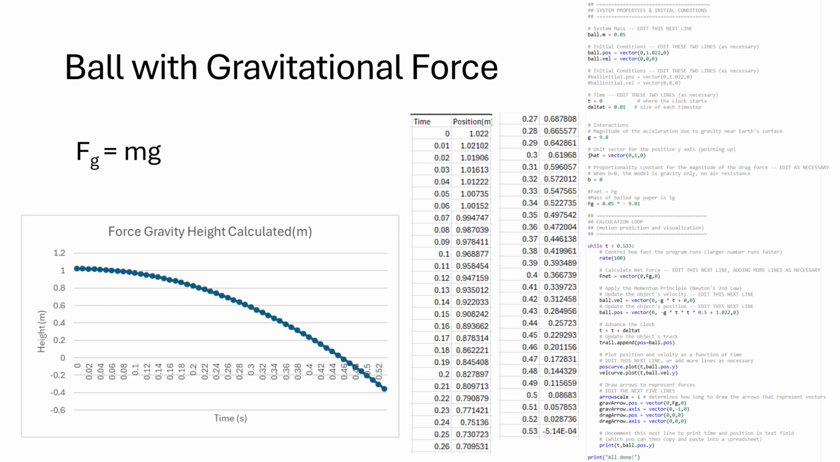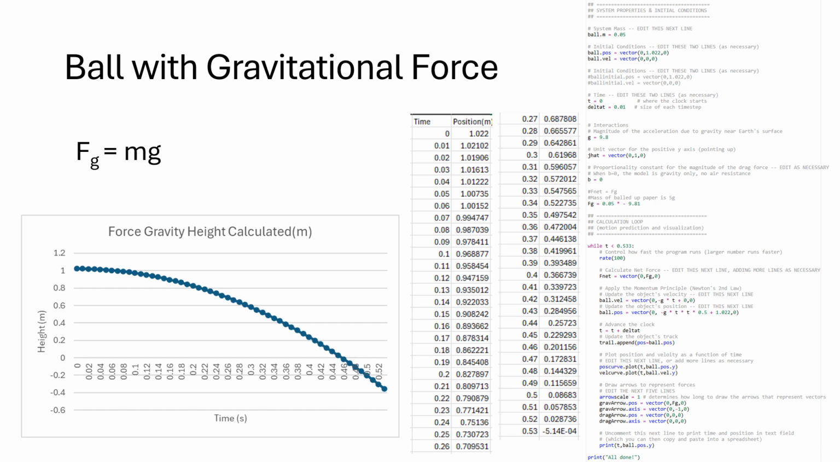For the ball with gravitational force, these are the calculations using GlowScript. I only placed the force of gravity on the ball, and it passed through the origin a lot faster than the ball with force of drag. As you can see here, it passes through the origin a lot sooner,